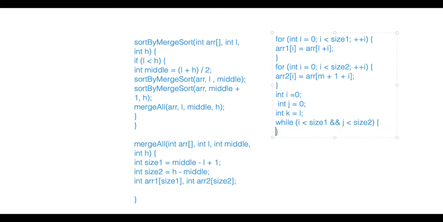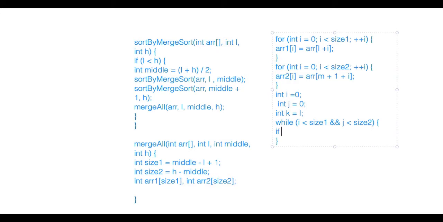So what we are doing here, the data that is there in array 1 and array 2, we are filling the original array, which is arr, using array 1 and array 2. But now we will fill the array from position L to H in a sorted order. We are good till now? Okay. So how will we fill?